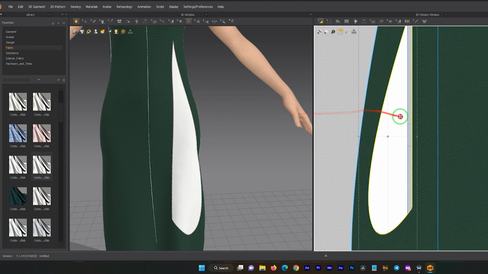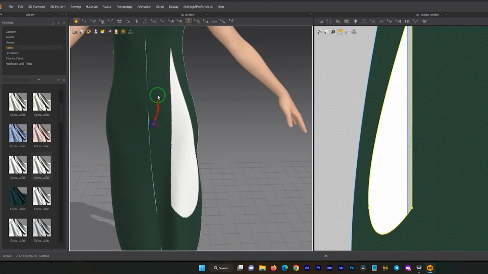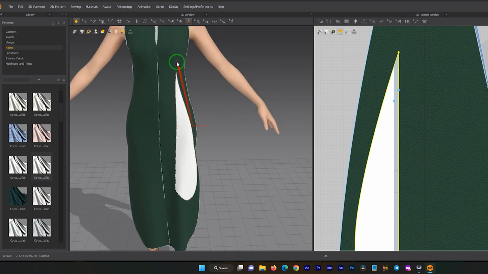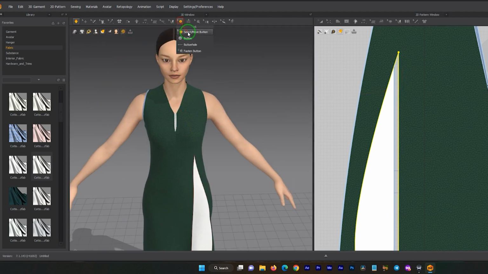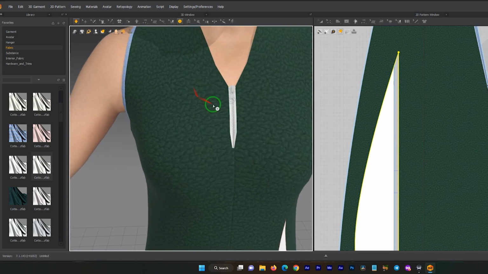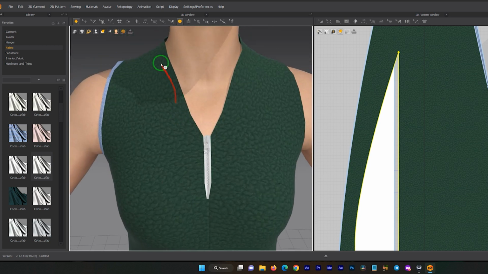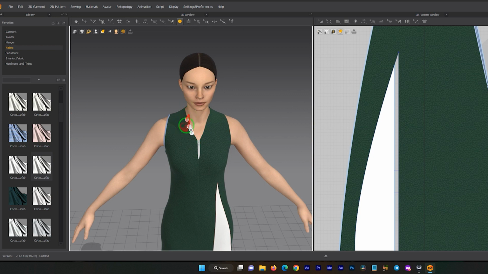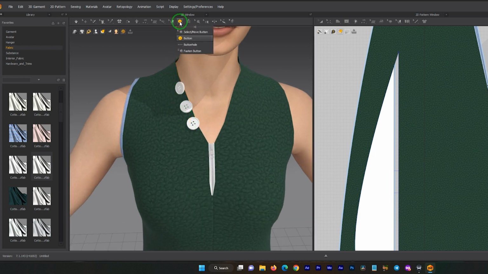So I want to add a zip from here. Okay, let's add a sum button, and this working with the button. So I want to add one here. I just need to click on the area I want, then click the second one, then the third one. Okay, so now we have button here, and we can have buttonhole